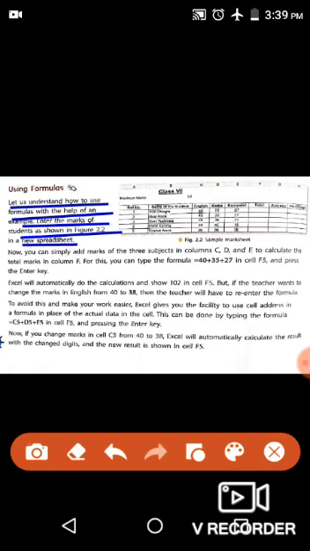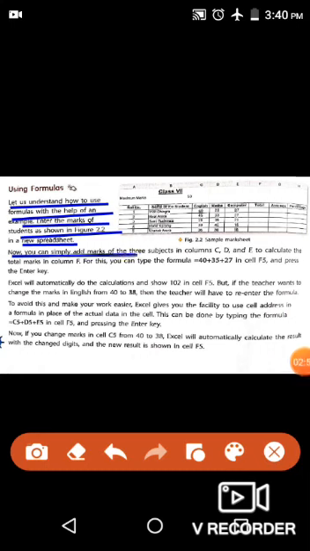Give it the heading class 7, maximum marks. In the first column, mention roll number, then name of the student. Then mention English, maths, computer, total, average, percentage. With the help of this simple mark sheet, we will understand how we can use these formulas in a spreadsheet.